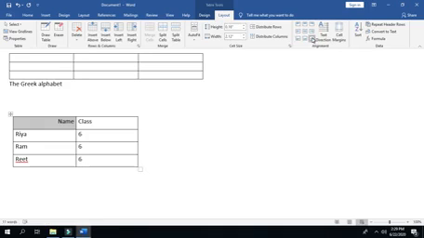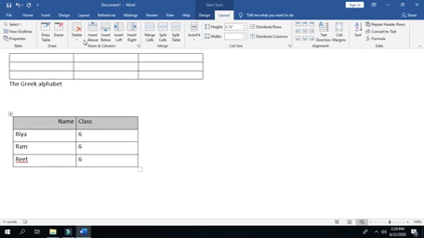Next is adding shading to cells. So we can also add shading to the cells in a table to make the cells in a table more attractive. Firstly, we have to select the cells.